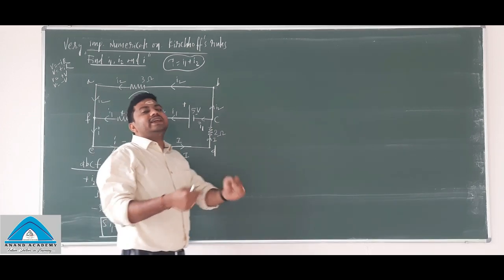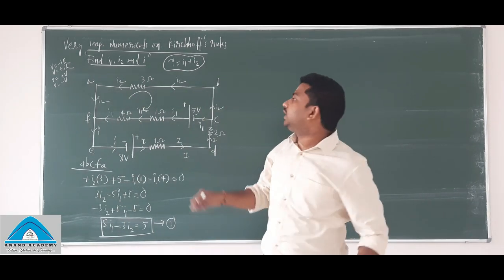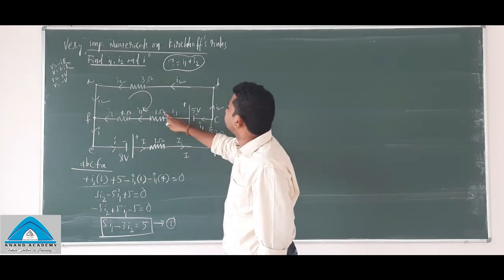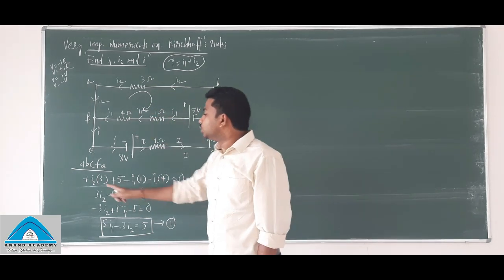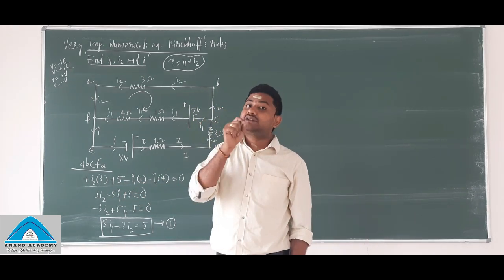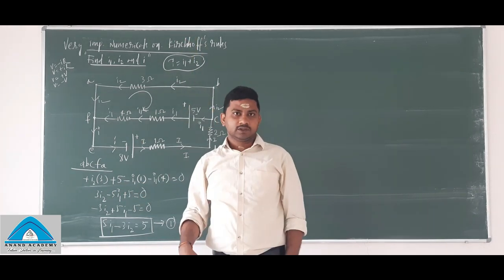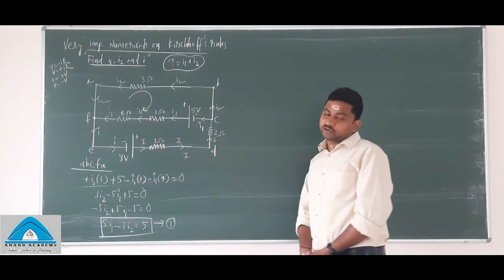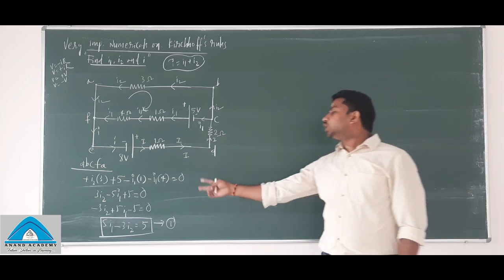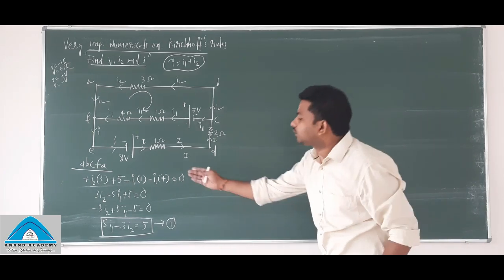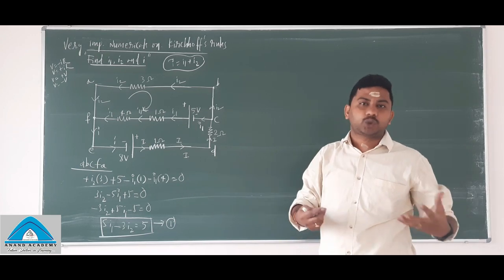You should be very careful about the potential difference across each resistor and across each cell. 1, 2, 3, 4, right? You must get 4 terms. And about the sign conventions, you should be very careful, so then only you get the correct answers here. So this is equation 1 we have got. There are two unknowns here, so two equations must be there in terms of I1 and I2. Then only you can solve the equations, right?